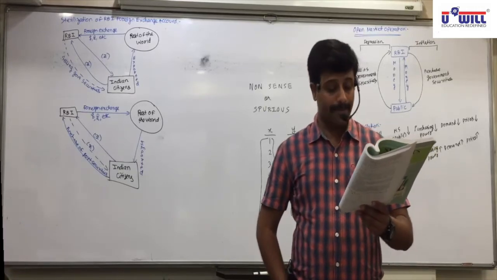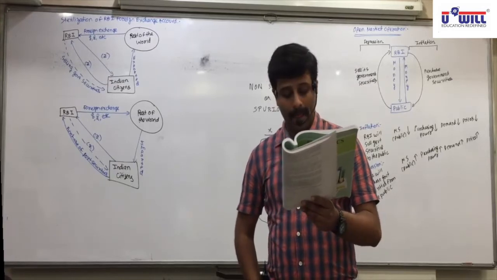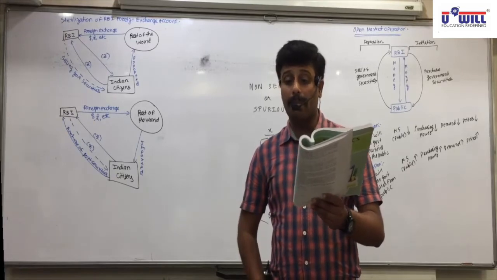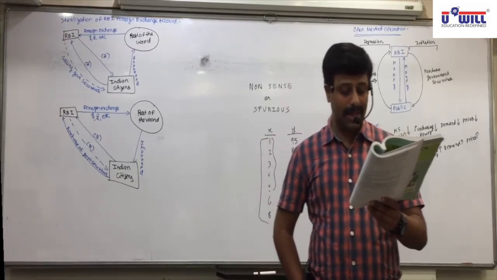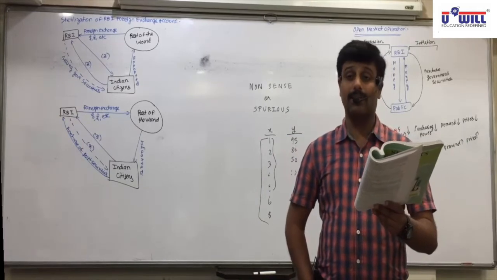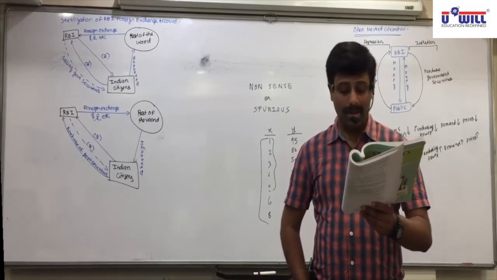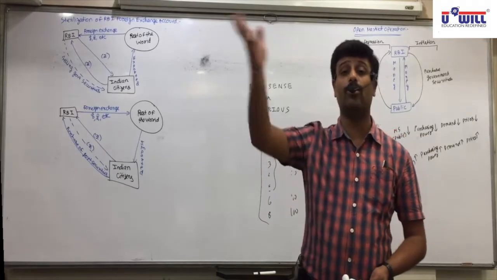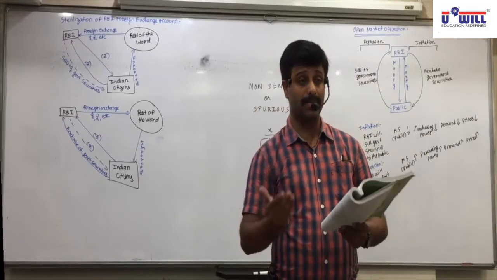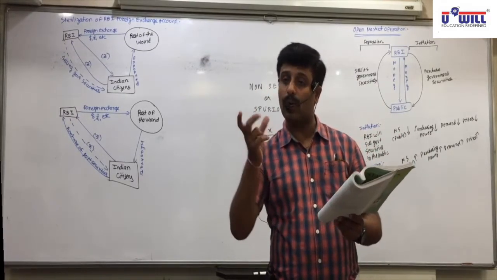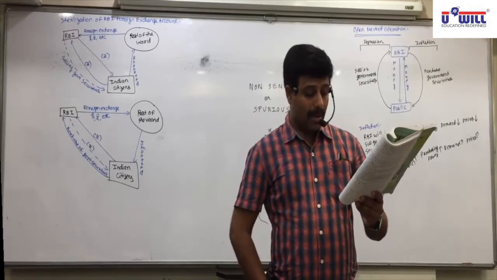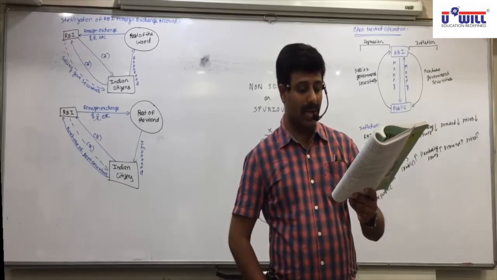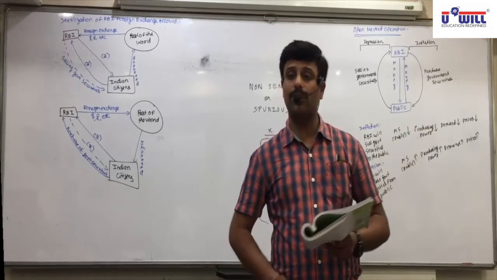Last 4 lines. For example, now see this example: two series of data relating to the number of persons died in road accidents in a city and the price of tuvar dal. Do they have any relation? No. During the same period they may exhibit a high correlation. Means if you find the correlation, maybe it comes near 1. That is just a coincidence that both are going in the same direction. But there cannot be a meaningful relationship between them. Therefore, this kind of correlation is known as nonsense or spurious correlation.